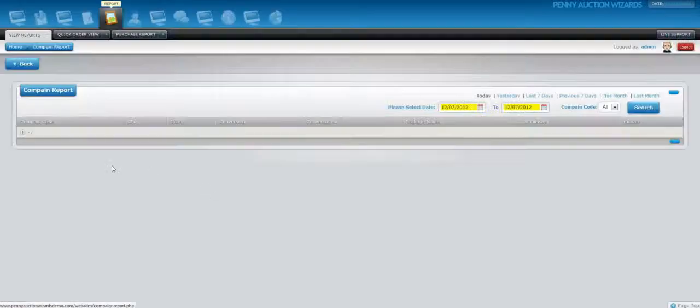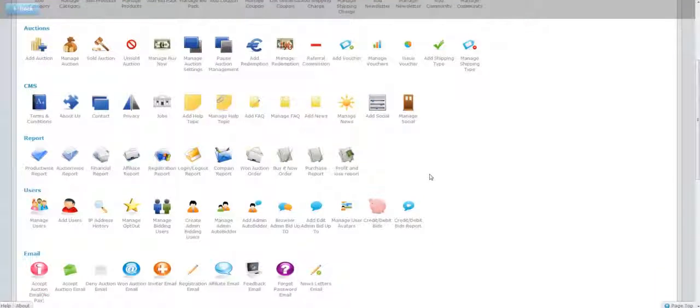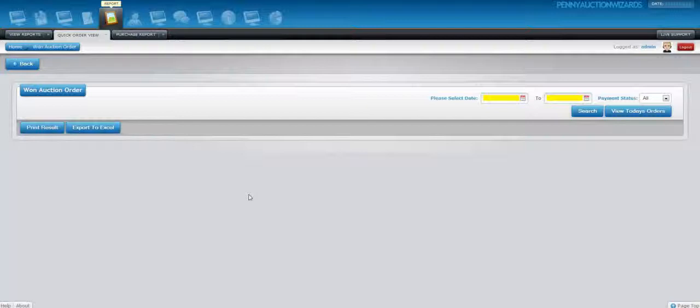The next one is your campaign report. Your campaign report can show feedback based on how many signups you've gotten to your landing page. If you're doing traditional affiliate marketing, this is an important report because it can show you what your conversion rates are. Your one auction order report will show you where you currently sit as far as